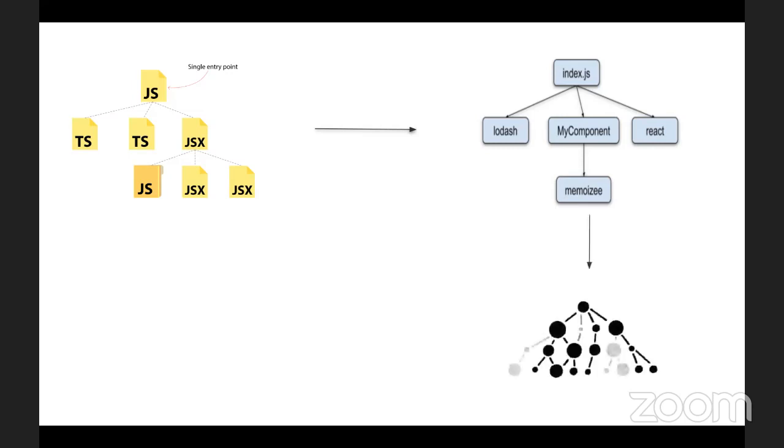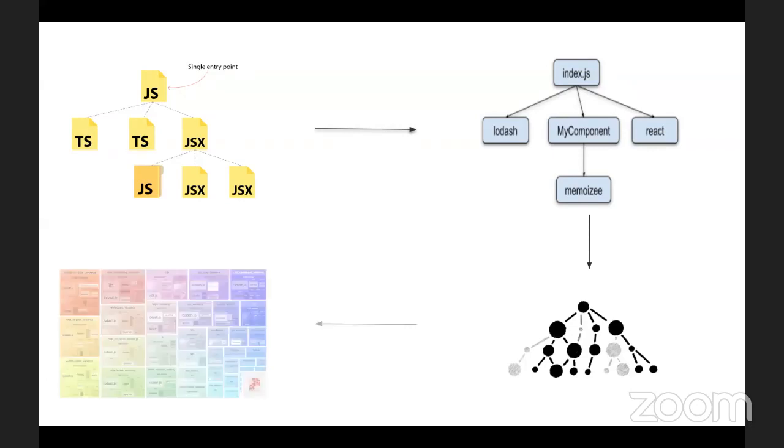Then what happens is Webpack creates something called an abstract syntax tree from the dependency graph. We'll discuss what an abstract syntax tree is in detail in the coming slides. So Webpack creates an AST so that it has all the code together with it, and it's already linking the code which is required. And finally, it generates bundles, a series of bundles. This is a simple image of a Webpack bundle analyzer, which shows you what all the chunk sizes and the sizes of the bundles are.